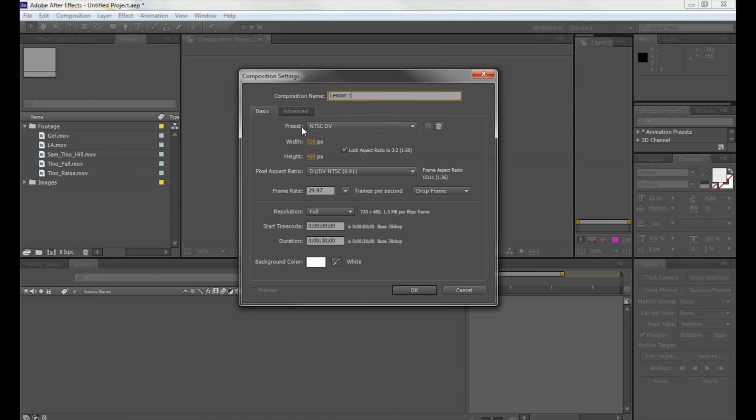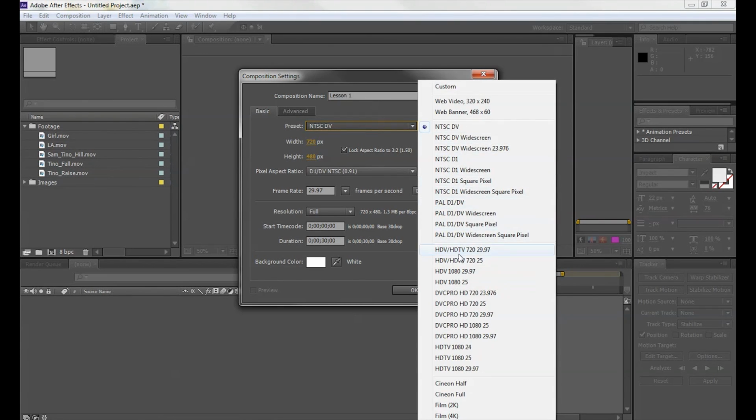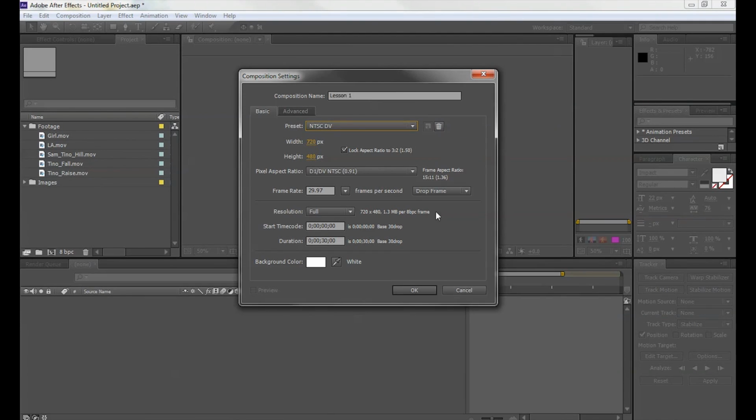And then I'd like you to do the same thing. Now the preset is pretty important because it needs to be the size of the video you want to output. If I was outputting a high def video, I would choose one of the 1080 with 30 frames. This one actually is the one we usually use. But for the footage we're using, which is not high def, we're going to stick with NTSC DV, which is